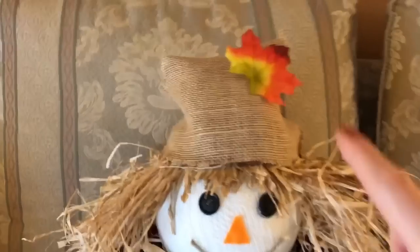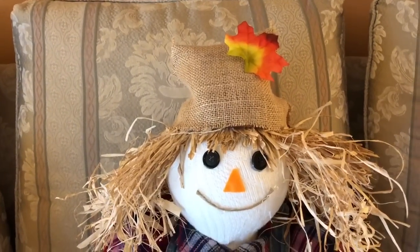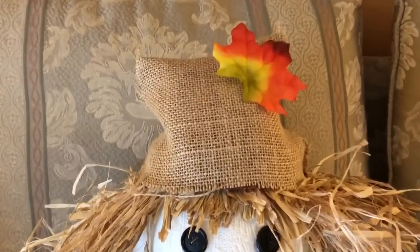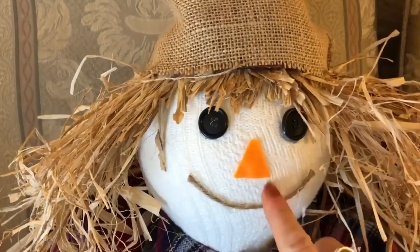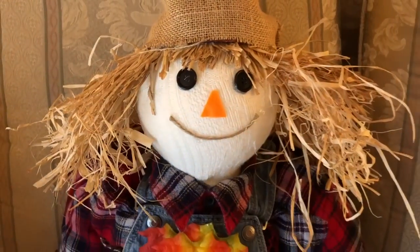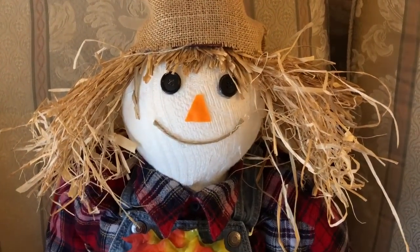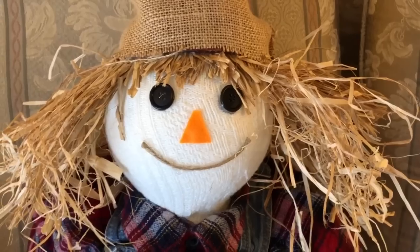But he has a plunger under here and it's glued to his head, and then I just took burlap and put on there with a Dollar Tree leaf. And then this is like a 6-inch foam ball I got at Walmart, and I just put it on his body, and then I just put that, I don't know if that's raffia, I don't remember what that is, but